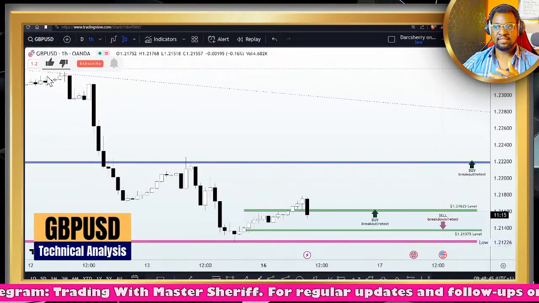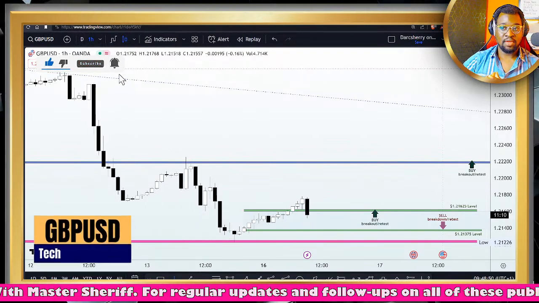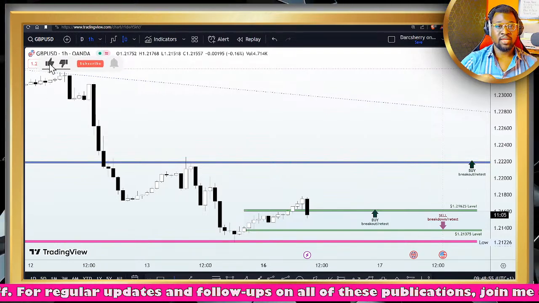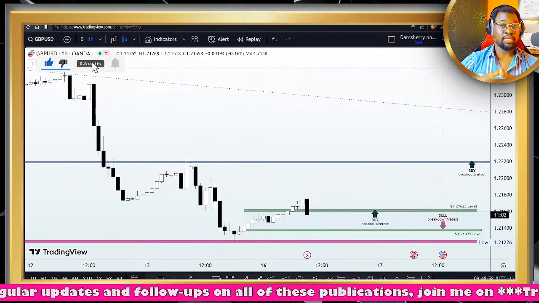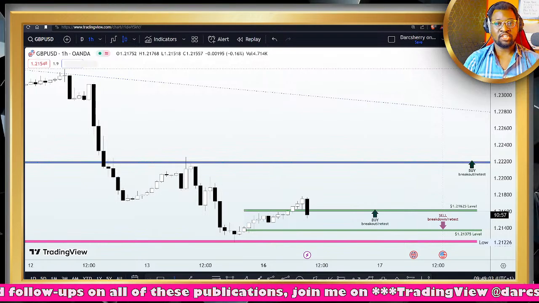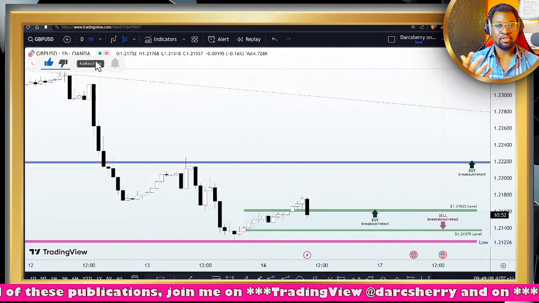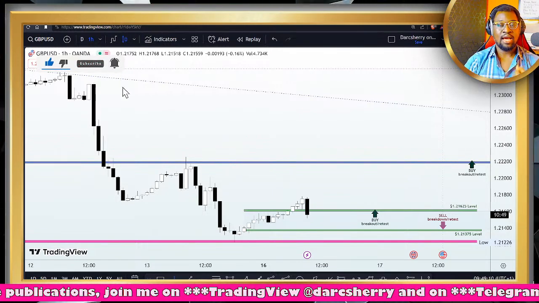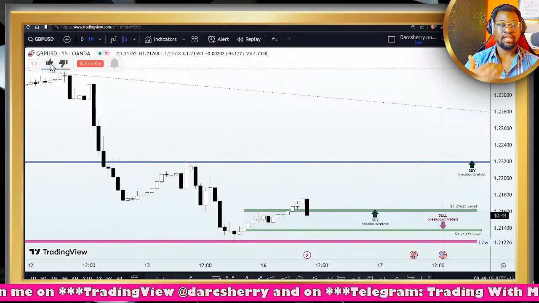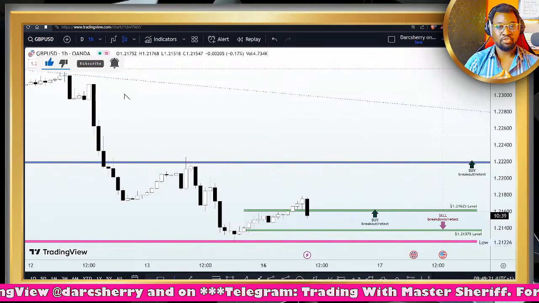So the next asset that is on our watch list for today is the cable market, that is the GBPUSD, and I'm beginning to see an interesting setup gradually unfold on the chart, and we shall be going into that in detail. Now, because I did not do a public publication on the GBPUSD, for the benefit of being on the same page during the session, I'm going to be taking you through my thought process from the higher time frame, doing a top-down analysis